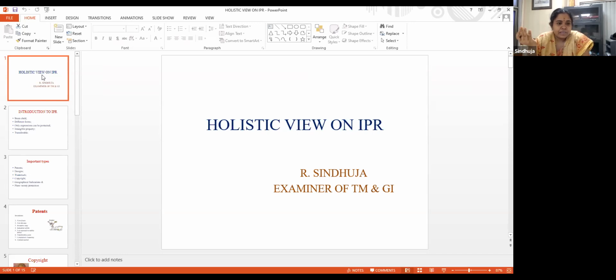So once you keep paying the renewal fee, you can keep it as your family property or personal. From generation to generation it moves on. Only the patents and trademark comes into public domain. With respect to copyright, it is the lifetime of that person who created it, plus 60 years. Okay, thank you, ma'am.